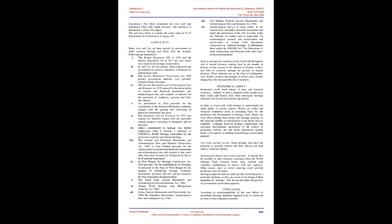at the base. Foundation. The whole monument rests over a well-type foundation filled with rubble masonry. The thickness of the foundation is approximately 12 m. The soil mass below it contains a sandy stratum of 9.5 m followed by a 65 m thick layer of clayey